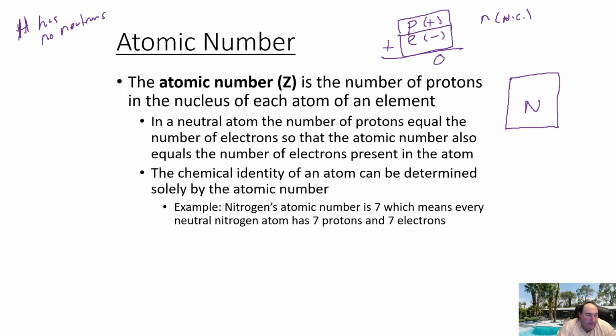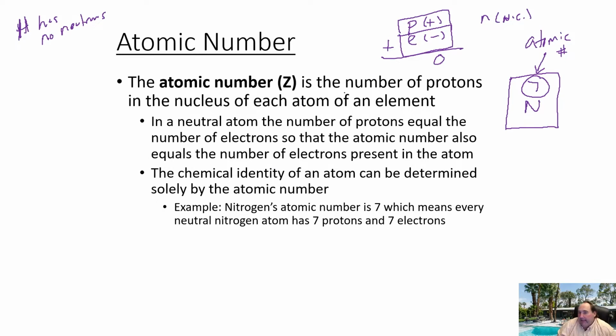If we go to the periodic table and look at nitrogen, we will see lucky number 7 up there on top, and that is the atomic number. So the atomic number can be found in the periodic table. It is usually the number right above the symbol. Might not be directly above it, but it's usually above it somewhere, either to the left or to the right. But in a lot of cases, that number directly above it is the atomic number.